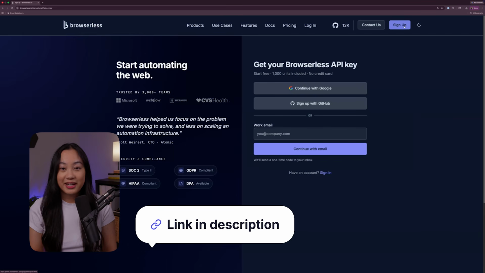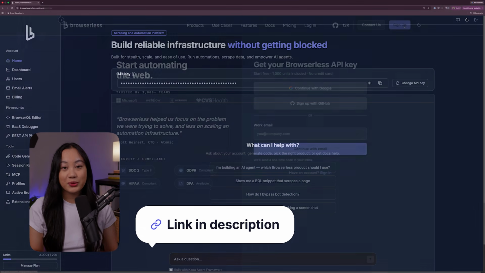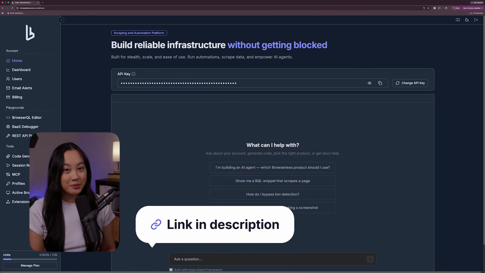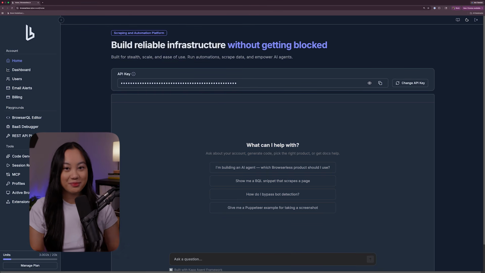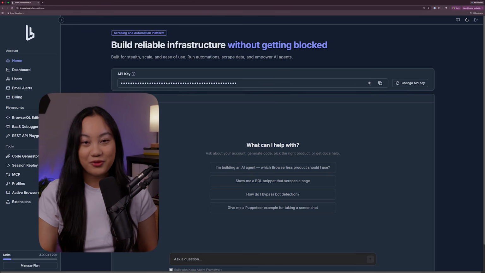So once you've created and logged into your account, you're going to be in the account dashboard page. Here we're going to look at our API key, and next to it you'll see on the right a button to copy that key. Keep this handy as we're going to need it while we are setting up our agent. Now that we have both accounts set up, I'll first start showing you how we connect it to the Claude